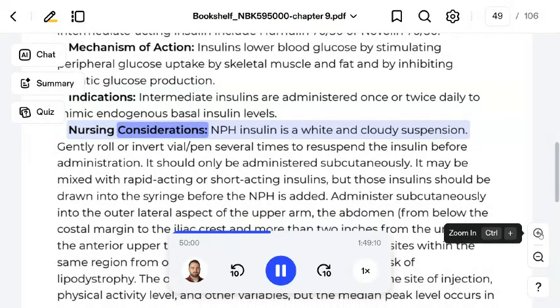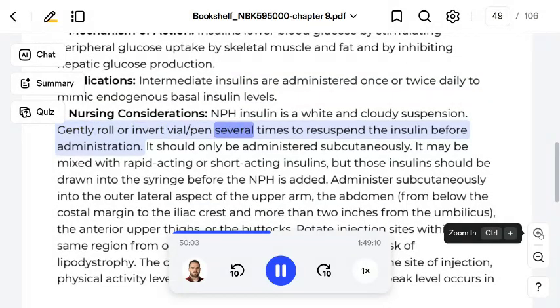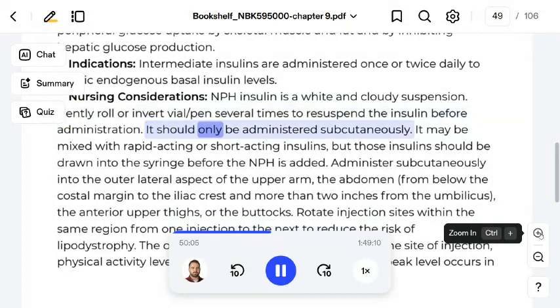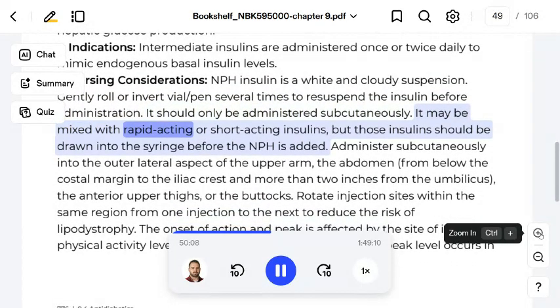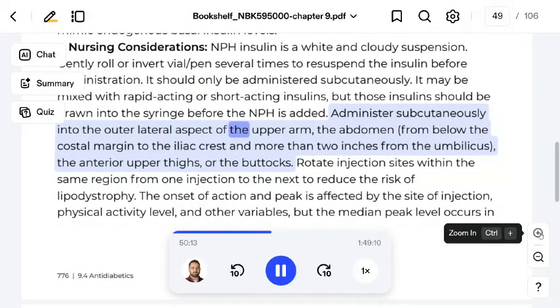Nursing considerations: NPH insulin is a white and cloudy suspension. Gently roll or invert the vial or pen several times to resuspend the insulin before administration. It should only be administered subcutaneously. It may be mixed with rapid-acting or short-acting insulins, but those insulins should be drawn into the syringe before the NPH is added. Administer subcutaneously into the outer lateral aspect of the upper arm, the abdomen, the anterior upper thighs,